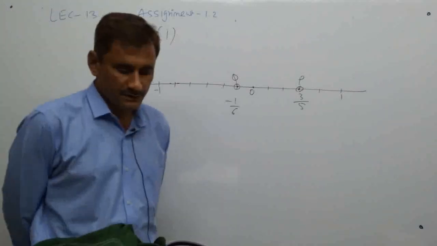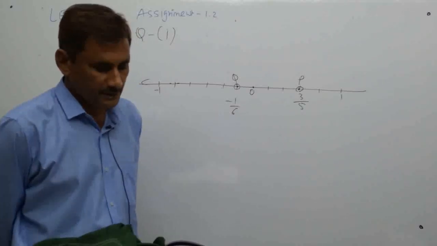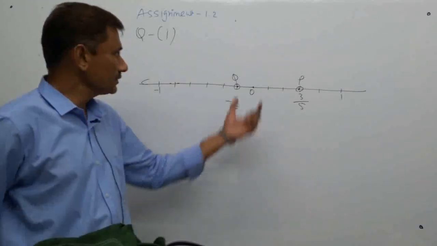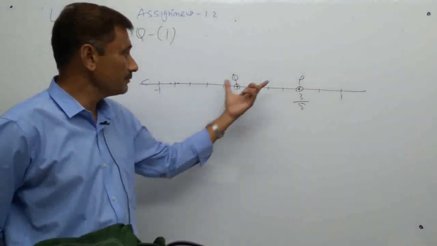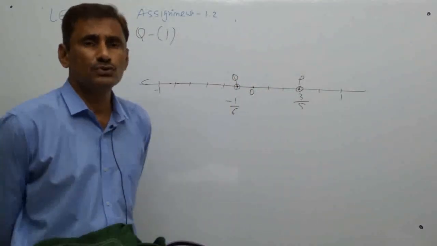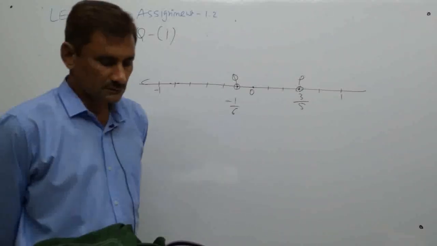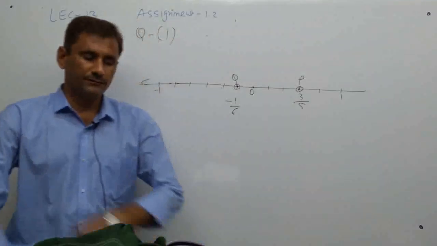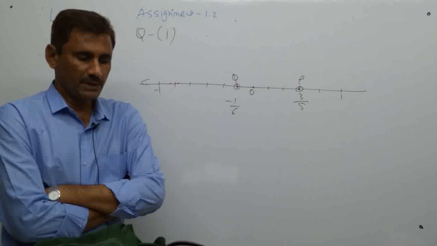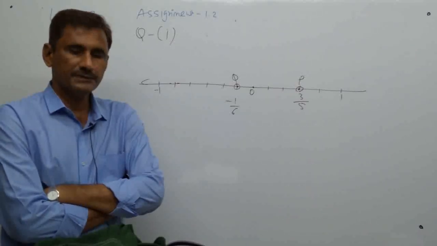Okay, so in the first one, the answer is 3 by 5. In the second one, the answer is minus 1 by 6. Both points are on a single line, so we answer both together. Now, from the second and third, we already solved the first two. In the main question numbers second and third, we already explained the first two.